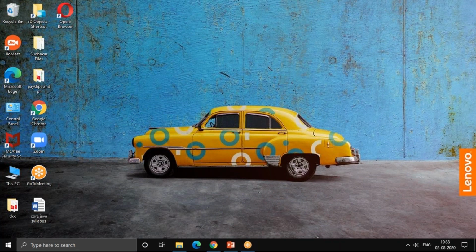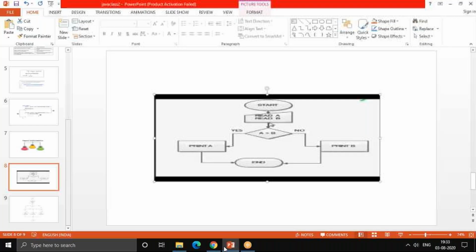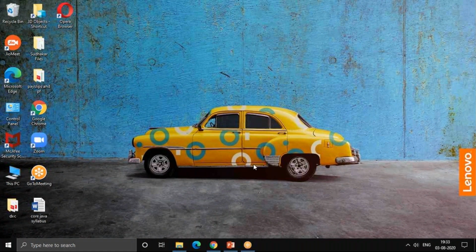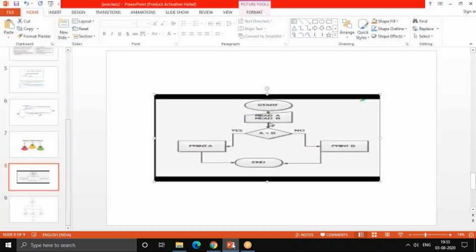I'll just share my screen. So you are clear with what is static and non-static? Sorry, not static. What is a method? What is a variable? These things you are clear, right? That's what I think we had discussed yesterday. Can you see my screen, right? Yes. Yesterday we discussed